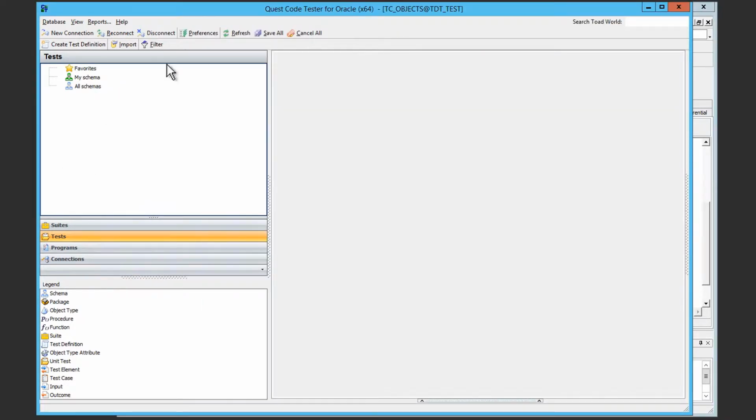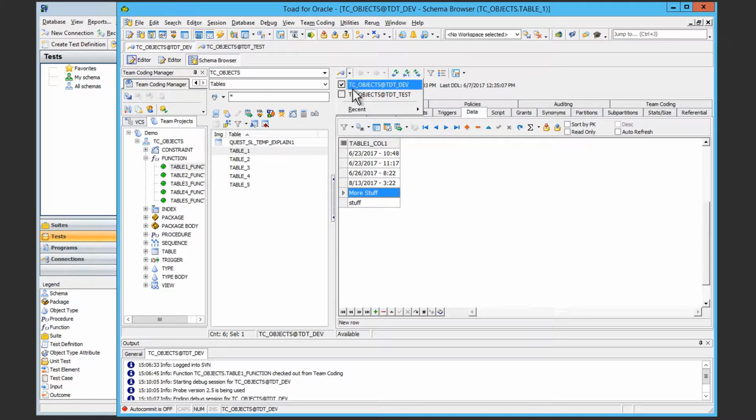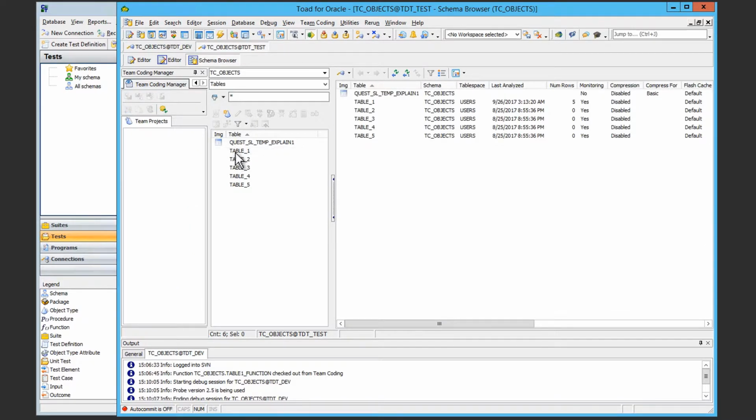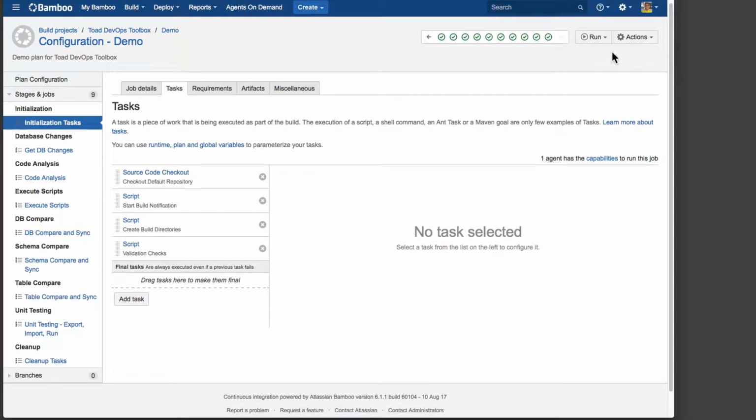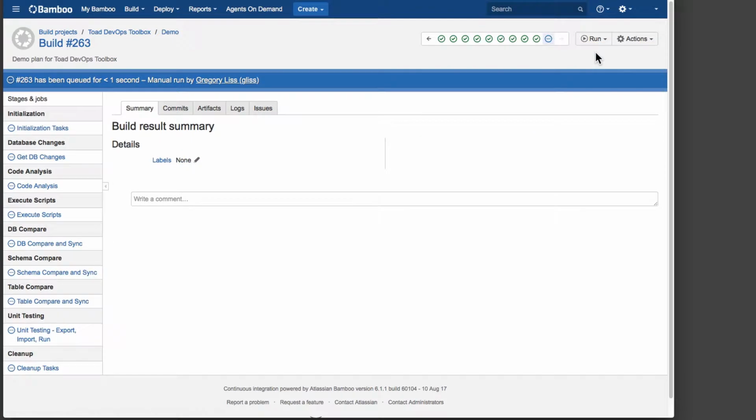Now, if I go over here and look in my code tester test environment, you can see I have no tests at all. Nothing is in there. If I switch this to my test environment and look at the same table and look at the data, this is an experiment from earlier. So what I'm going to do is delete all of those and commit them just to make sure everything's all clean. Now, if I go over here to Bamboo and I go to run my plan,